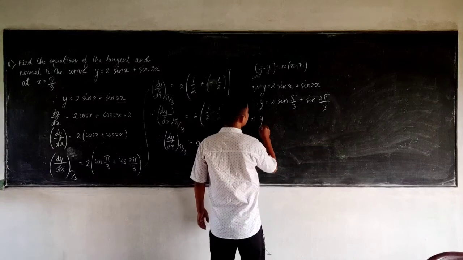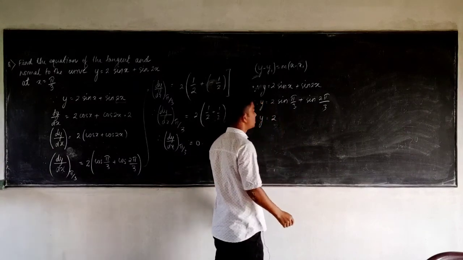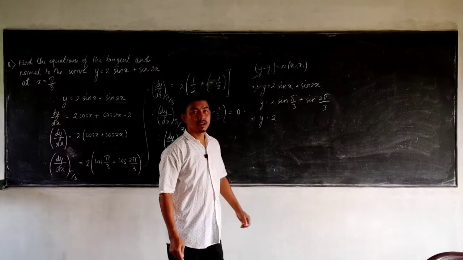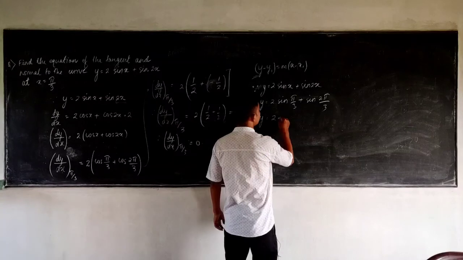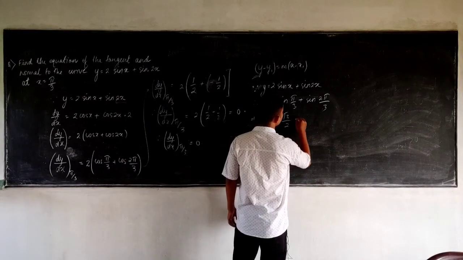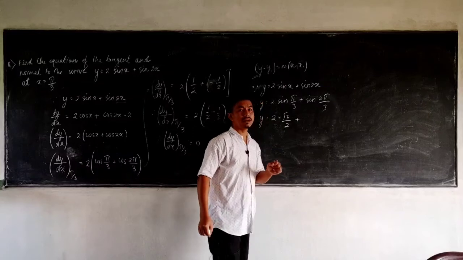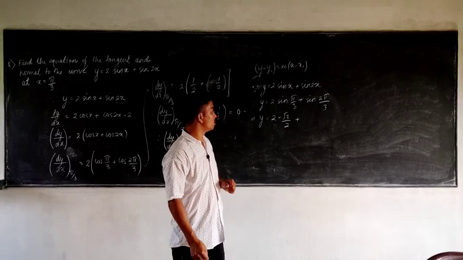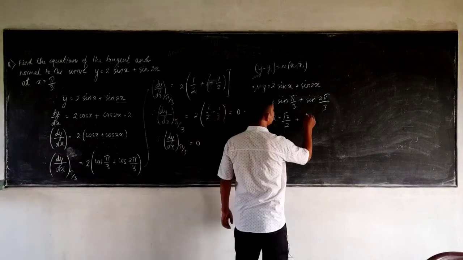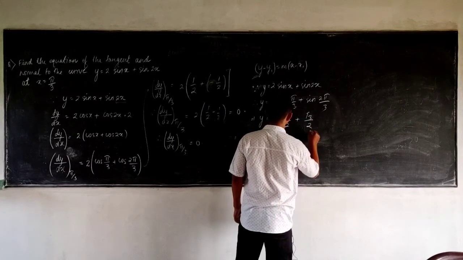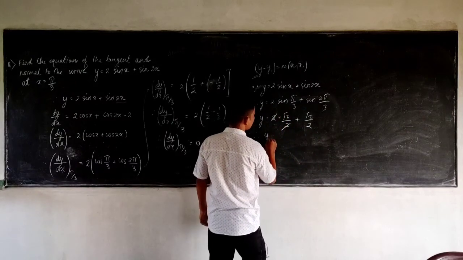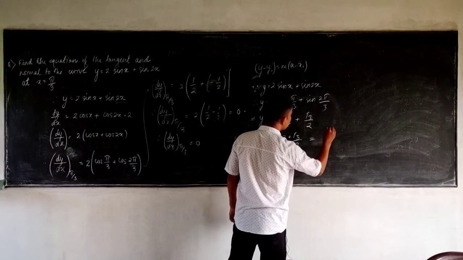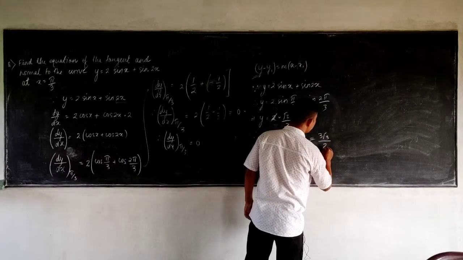Okay, so this will give me y is equal to 2 times sine of pi by 3. Pi means it is again 180, 180 divided by 3 is how much? 60. So sine of 60 is root 3 by 2, plus, similarly here I get sine of 30, but it lies in the second quadrant. In the second quadrant sine is positive, so the value is root 3 by 2. So here the 2 and 2 get cancelled. Therefore y will be equal to root 3 plus root 3 divided by 2, which will simply give me 3 root 3 divided by 2.